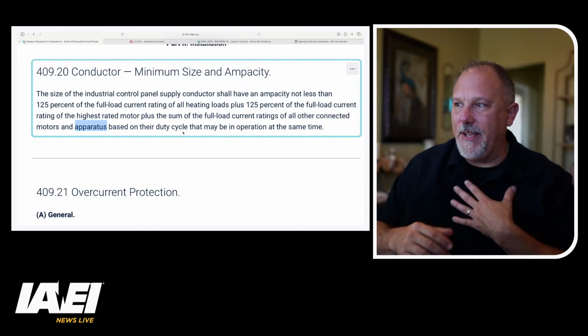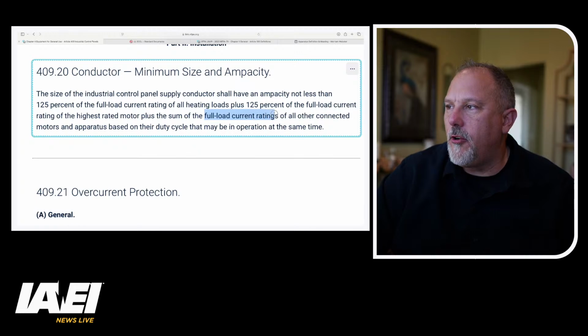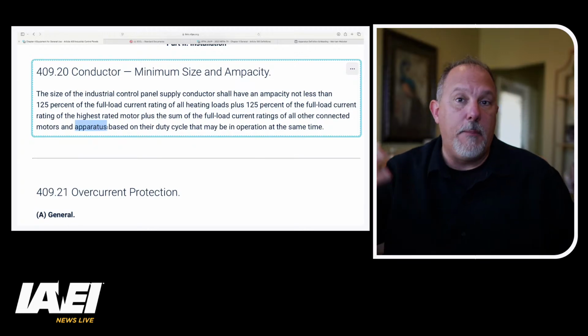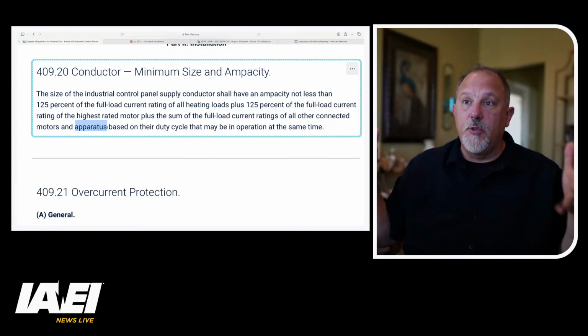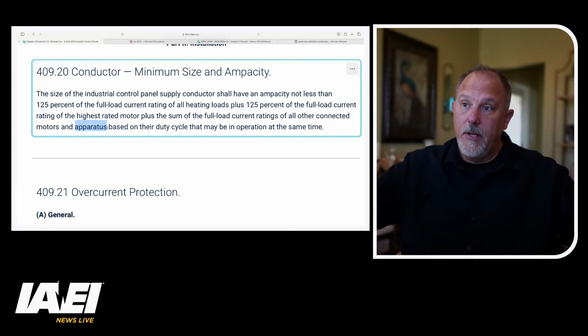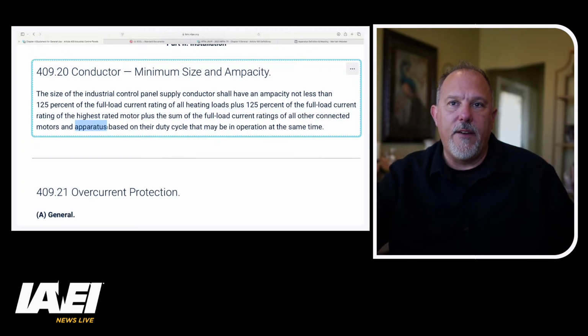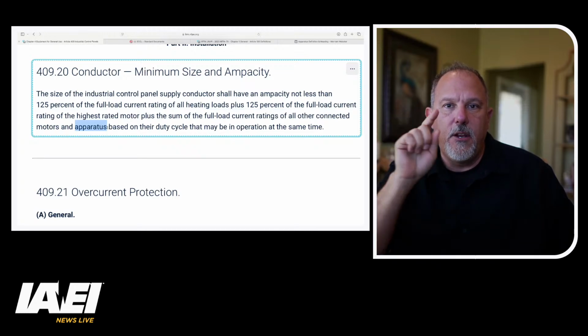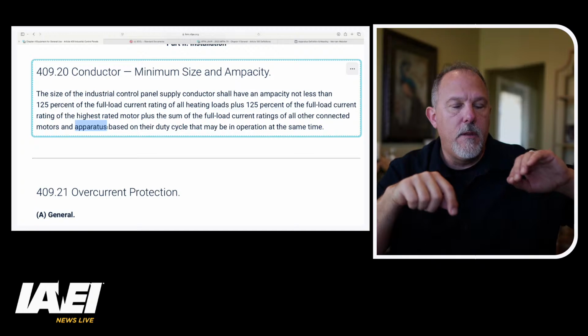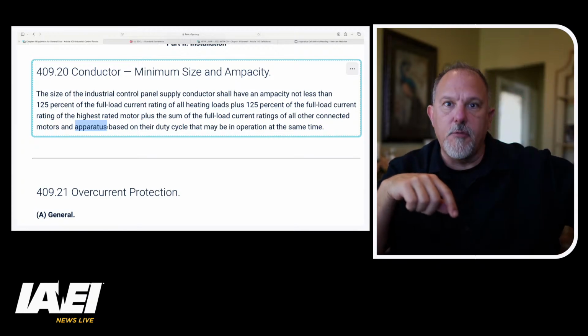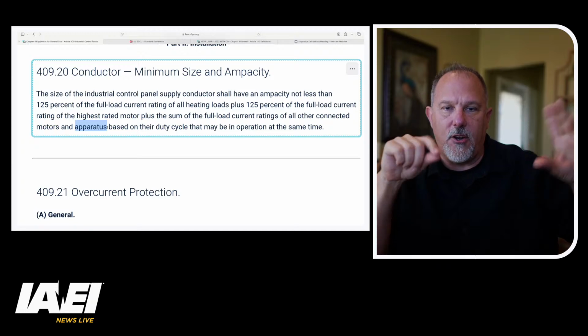The problem I'm having is the full load current rating of apparatus. I don't have a full load current rating of, say, push buttons. If I have a bank of push buttons, which would meet the definition of an industrial control panel, I don't have a full load current rating. I just have a light, an LED light or whatever. And if those push buttons are not feeding the circuit through that, if I'm just providing a dry contact,